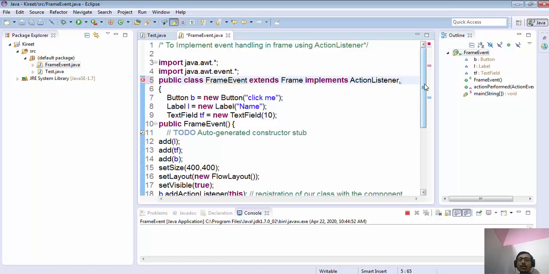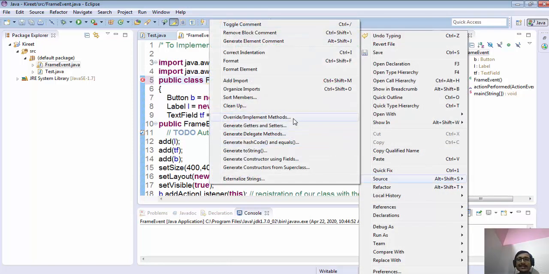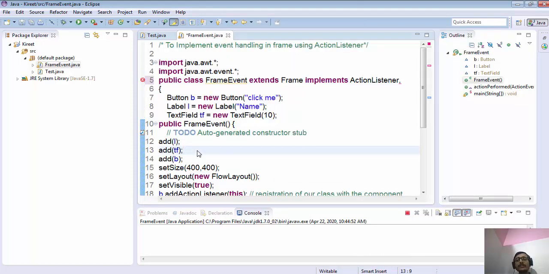You have to override all 7 methods that I told you about in the previous lecture, by going into the source. Inside the windowClosing event, put either System.exit(0) or call the dispose method. I hope it is clear to you now.